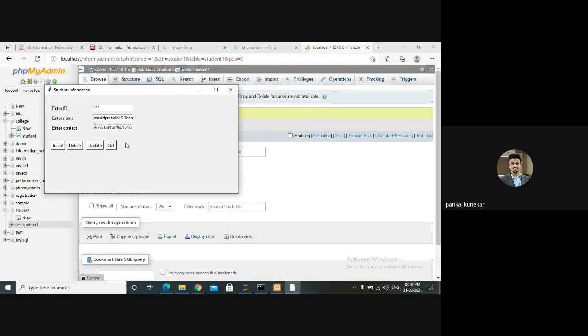Or suppose I want to display all the details of your table over here in tabular format, or you can display as per your convenience. So suppose I hit the display button, I want the output over here. All the details, ID, name, and contact, should be displayed over here whenever I click on display. Okay, so this is your homework. You can do it later on.